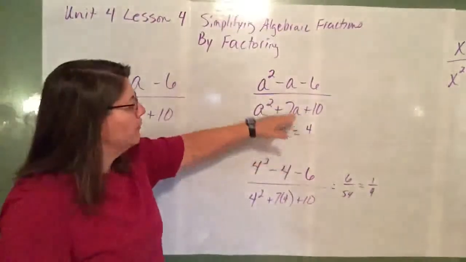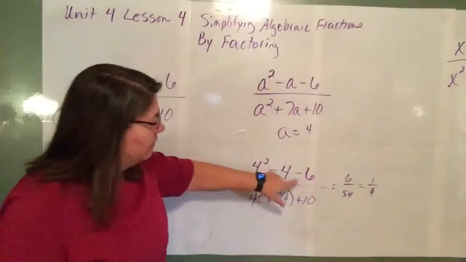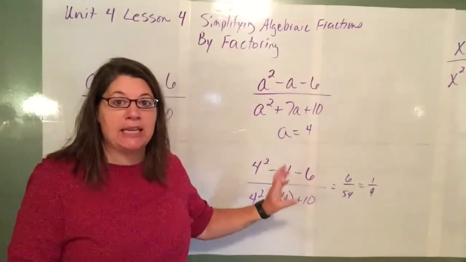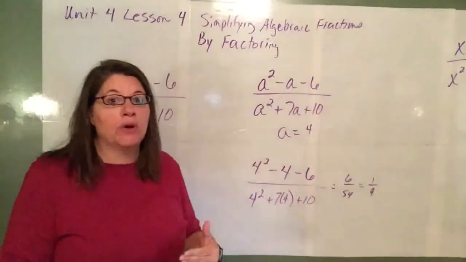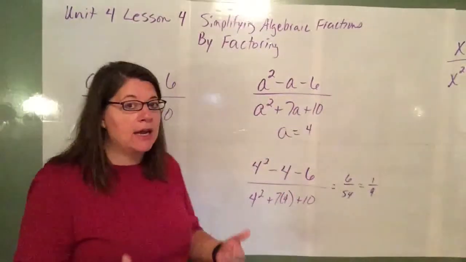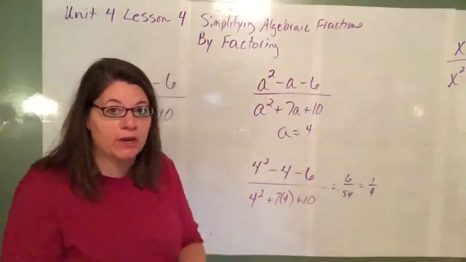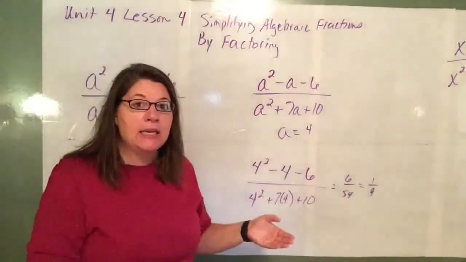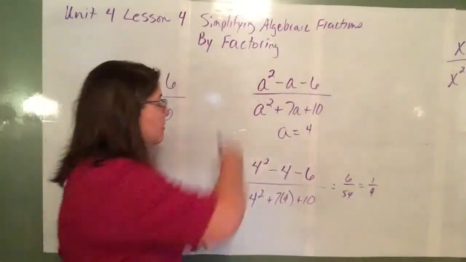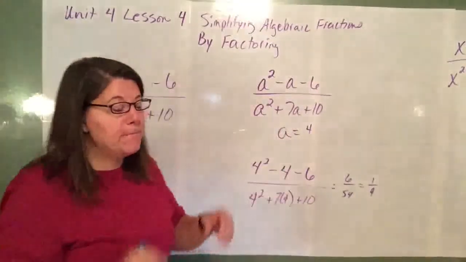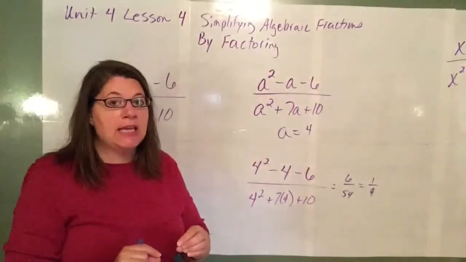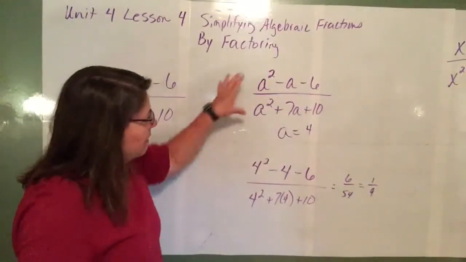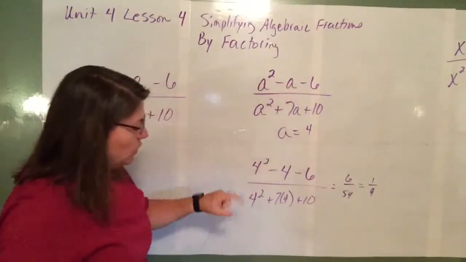So if I pick 4 for a and plug 4 in for all of these, anything that works for numbers will work for variables. Mathematically, if they don't work for numbers, then they're not going to work for variables, because those rules all stand up whether you're doing numbers or variables, okay? So if I replace a variable with a number, mathematically, if this works, then canceling should work. But if it doesn't work, then you can't do it, okay? So if I replace all the a's with 4,